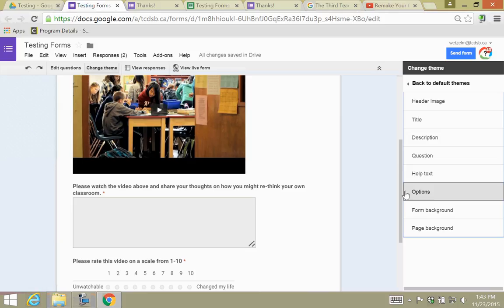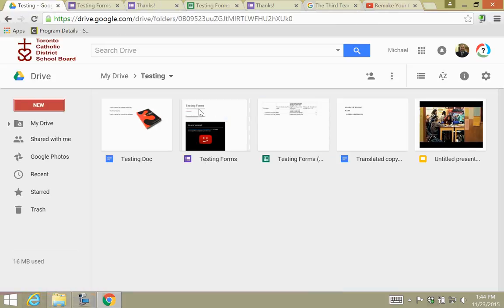You can use SurveyMonkey or those sorts of things, but then the results go somewhere else. These are all contained within that one folder. So if I go back to my testing, now I have my testing forms. This is my actual form, and here's the responses. So it's all there. Okay, it's all in one spot. It's all in the folder in which I created it. So I don't have to go to another site to find this information. It's all in one spot. Really a game changer as far as I'm